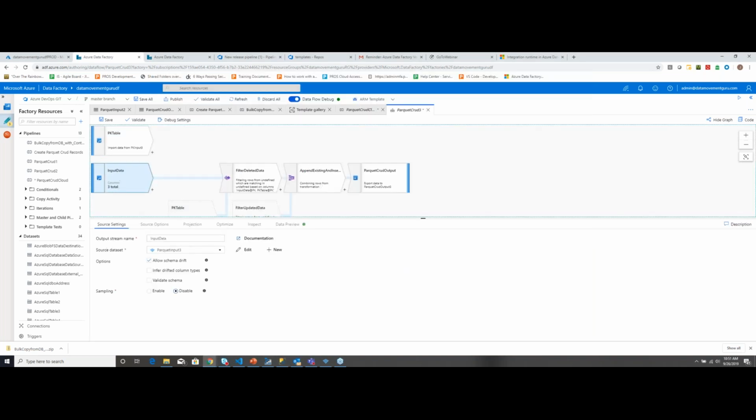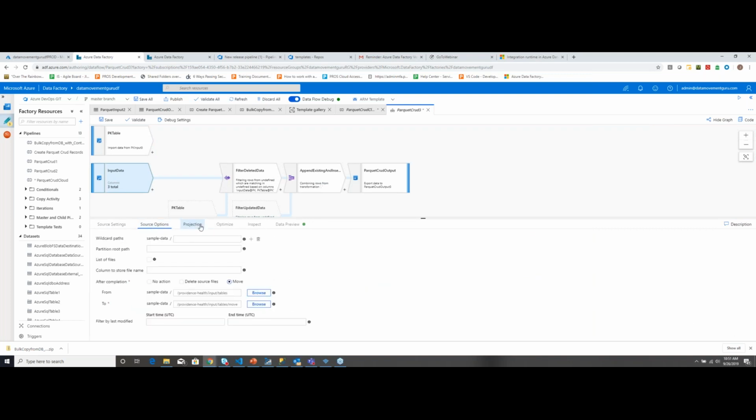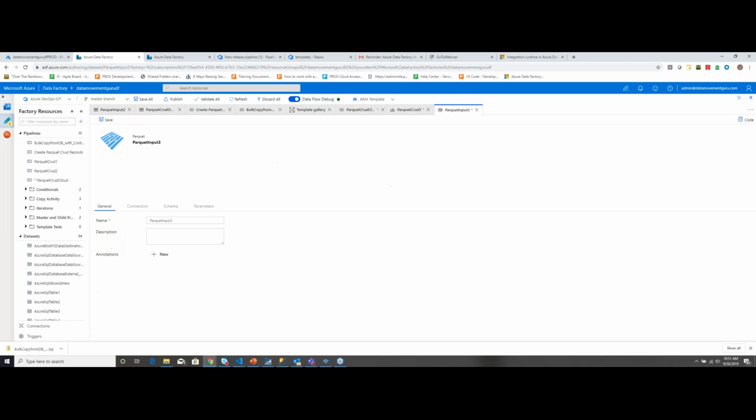So if you come in here to the input data and go to projection, the thing is, when the data set was sourced out and created, it was done with just 3 columns, and we'll see those columns right here in the schema: PK, column 1, column 2. It's kind of setting you up for success, because you're going to fail first when you run this, since column 1 and column 2 do not exist in your Parquet. If you were to import the schema from the connection,